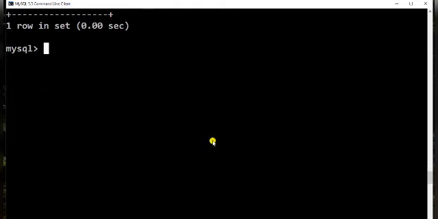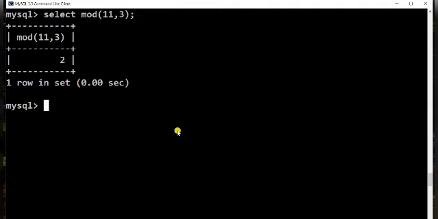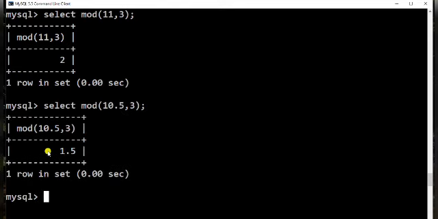Now we are going to do the last function, that is mod. Mod gives you the remainder. Mod is quite simple. If you divide 11 by 3, it gives you remainder 2. And in case we have a decimal or fractional value, then also it will give you the result.